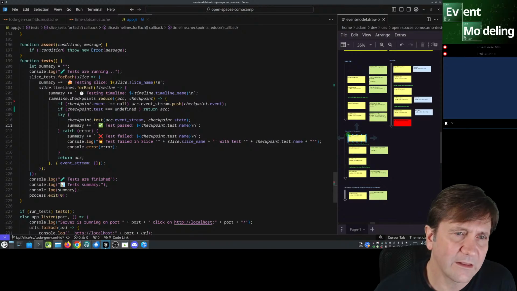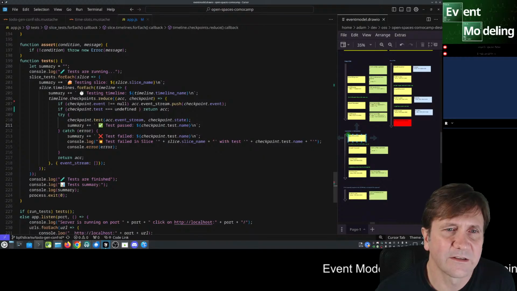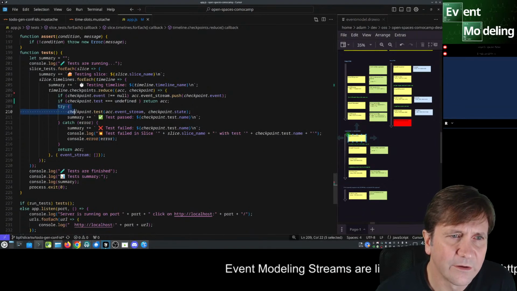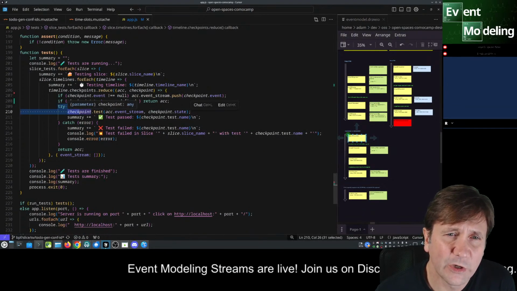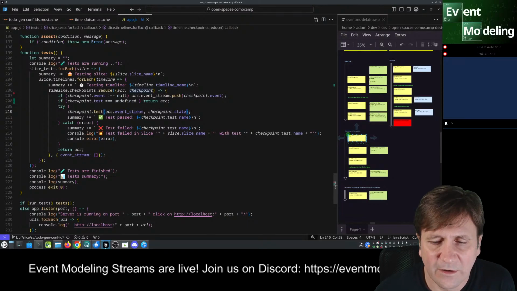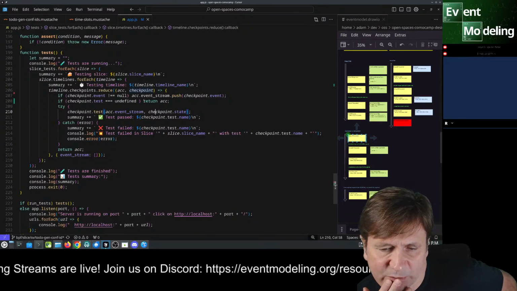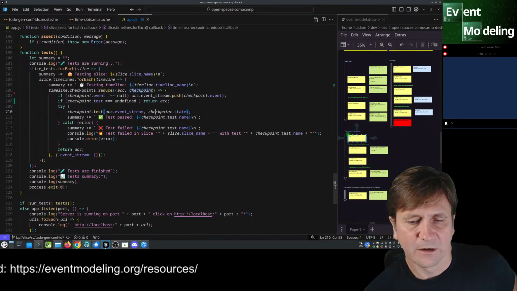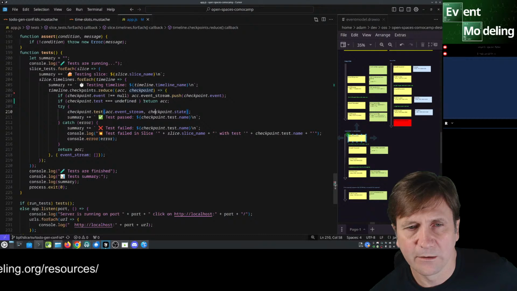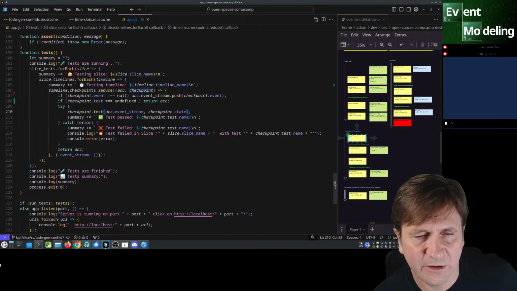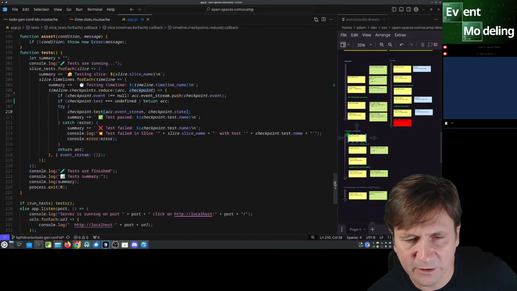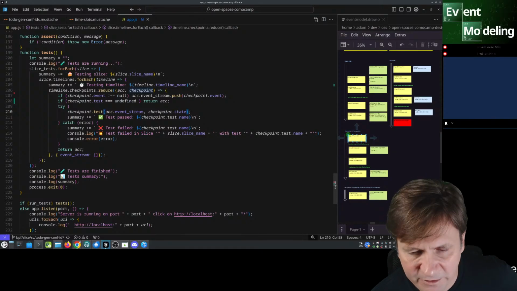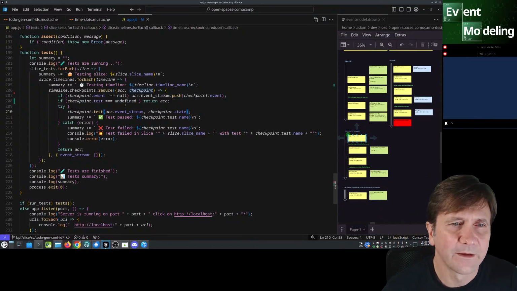But if that fails, meaning that we do have a test, then for debugging purposes we could output something here such as "no test to run, added event such and such." So: added event, no test to run, added event, running this test, whatever.